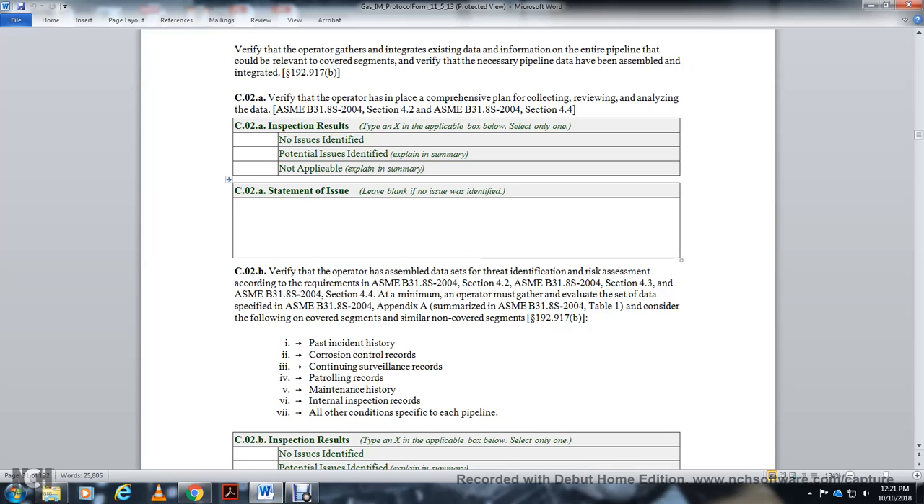C02B: verify the operator assembled the data with the step of identification for risk assessment according to the requirements of ASME B31.8S-2004 section 4.2, ASME B31.8S-2004 section 4.3, and ASME B31.8S-2004 section 4.4. At a minimum, the operator must evaluate the sample of the data specified in ASME B31.8S-2004 Appendix A, summary of ASME B31.8S-2004 Table 1. Consider the following: the covered segment is similar to a non-covered segment, statute